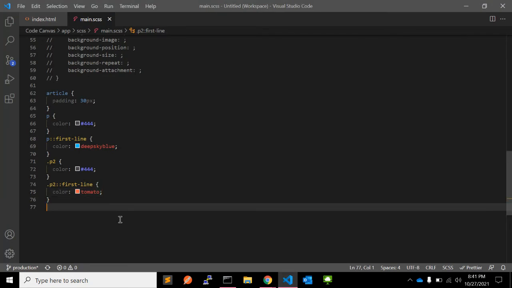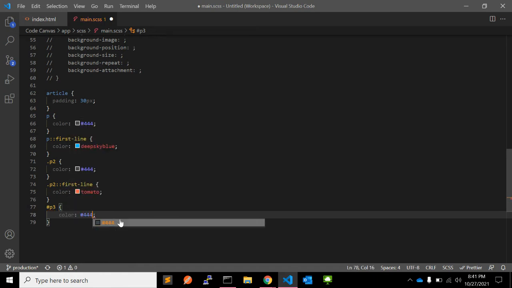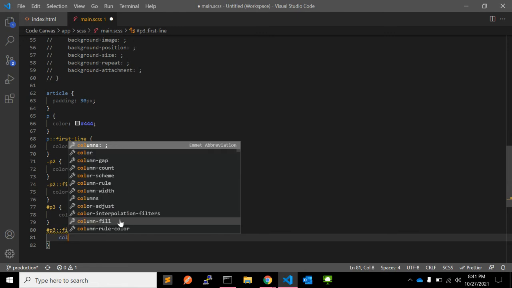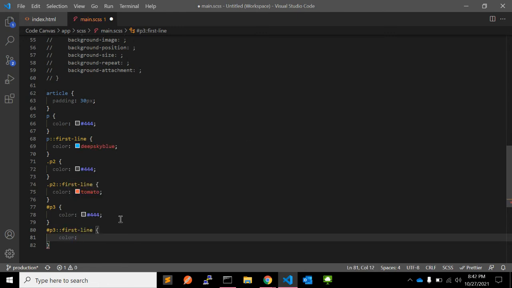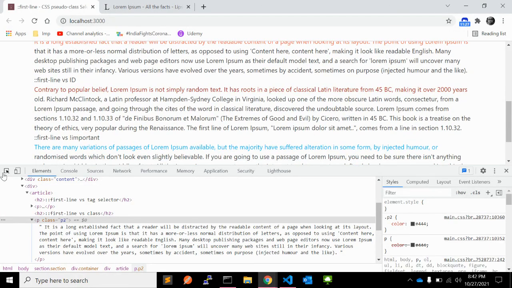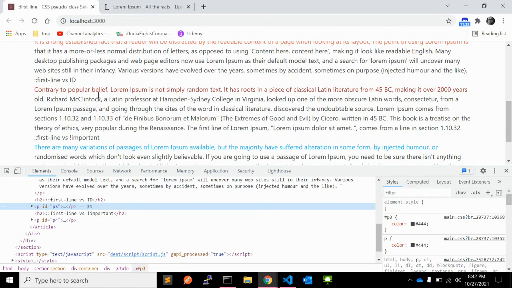So this looks fine. The third one is ID p3. Let's give color the same as above, 444, and for paragraph p3 with the pseudo first line, let's say color fire brick. You can see for this p3 this color is applied.